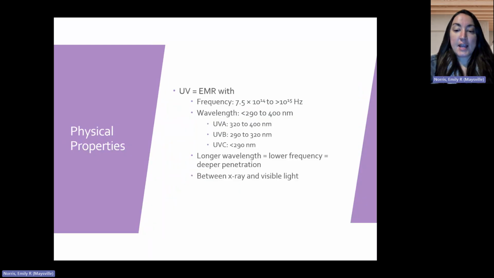Ultraviolet is a type of electromagnetic radiation, but it has a very specific parameter. So, the frequency is 7.5 times 10 to the 14th or 10 to the 15th hertz. So, a whole lot of hertz, whole lot of zeros. The wavelength can go from